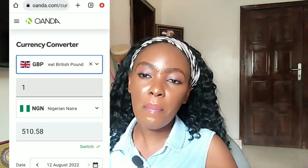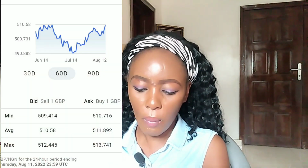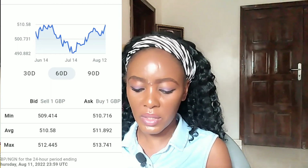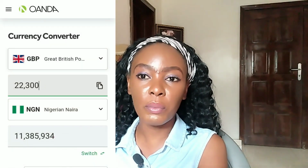£22,300. As of 12th of August 2022, £1 is equal to 510.58 Naira based on the Oanda, because when you are going to submit your statement of account, they are going to look at the exchange rate between the 28 days that your money is supposed to have stayed in your account untouched. So for context, in the last 60 days, the minimum amount that £1 has been equated to is 510.716 naira, and the maximum is 513.741 naira. Now, £22,300 will be equal to